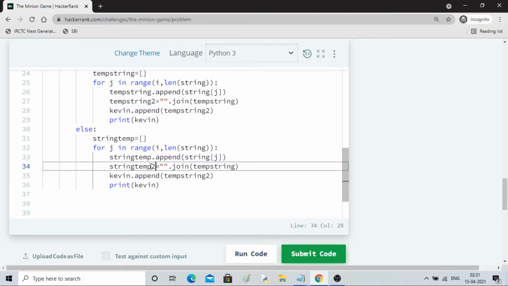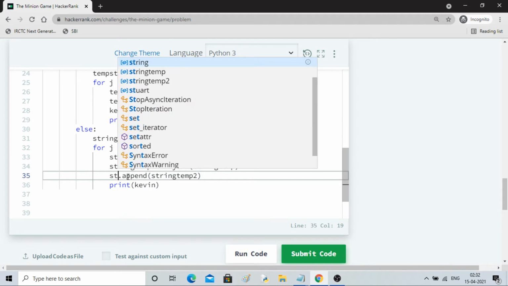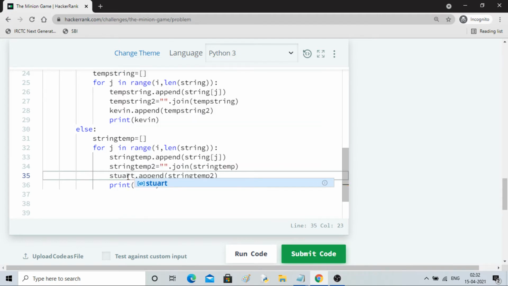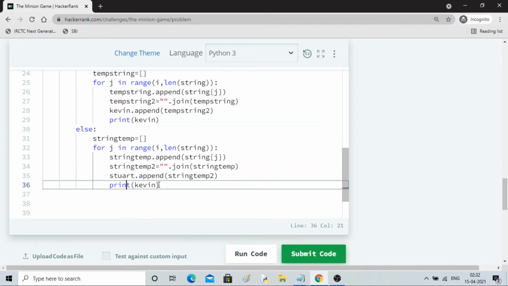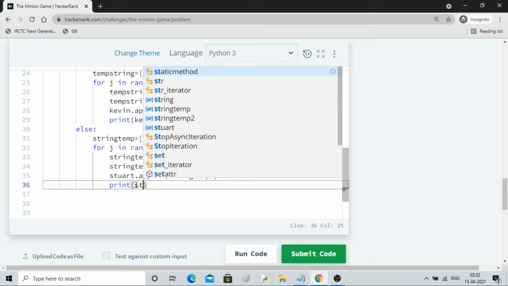Temp 2 will add string temp, and then here also I'll do string temp 2. Okay, and it will store to Stuart now. This is Stuart. Okay, and this is also Stuart.